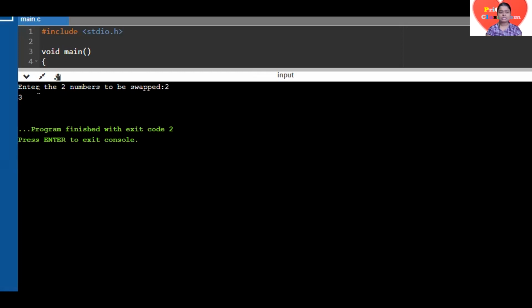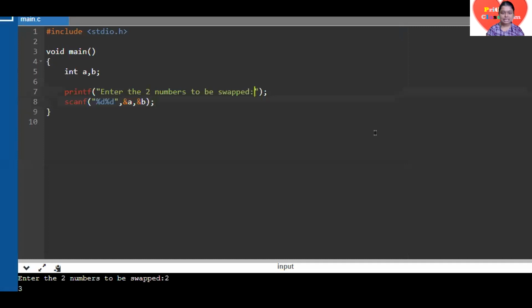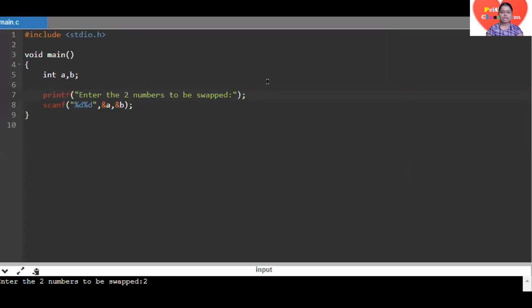Okay, now what if I want the number I enter to be on the next line? I don't want my number to be entered on the same line. So you should tell the computer to go to the next line as soon as it prints this particular statement. How do we say that once this statement ends, the cursor should move to the next line? Very simple, backslash n.